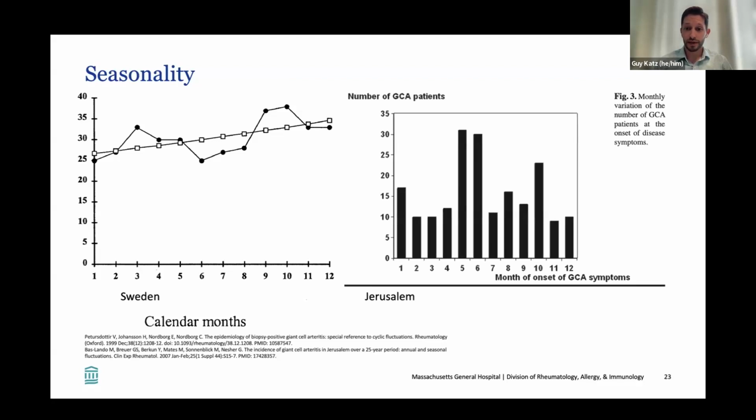In Jerusalem, they found a slightly different seasonal trend here, where most of the cases were in May and June. Does that mean that either of these studies was wrong? No. In different places, seasonal changes come with different environmental exposures, and that probably explains why we see these differences. There have been other studies, in different cohorts, that have actually shown no seasonal differences in incidence at all. So this is something that just kind of emphasizes, depending on where someone is and depending on what the specific triggers their immune system needs in order to get the disease, you find different associations.